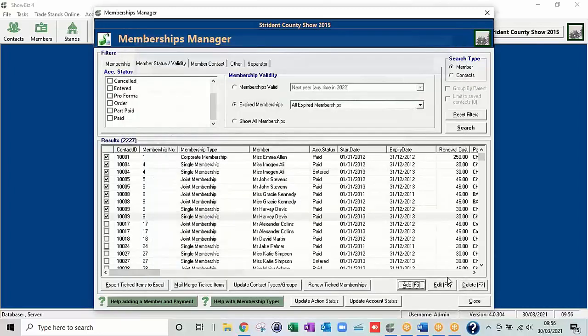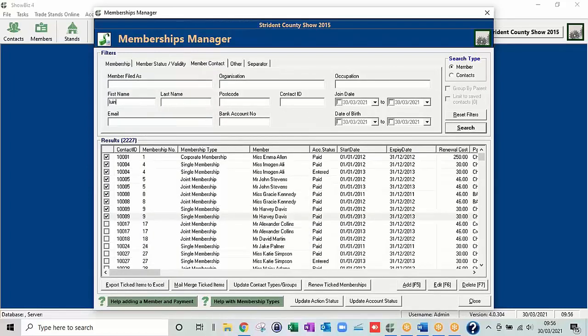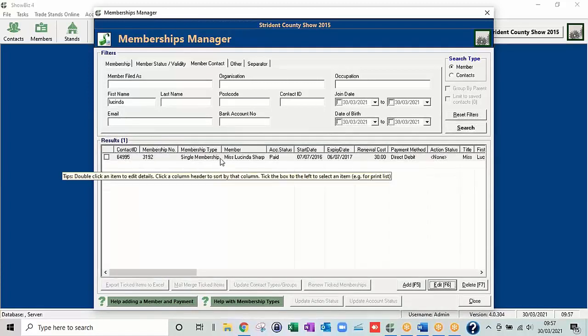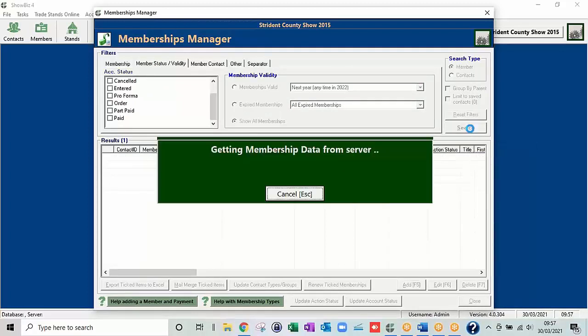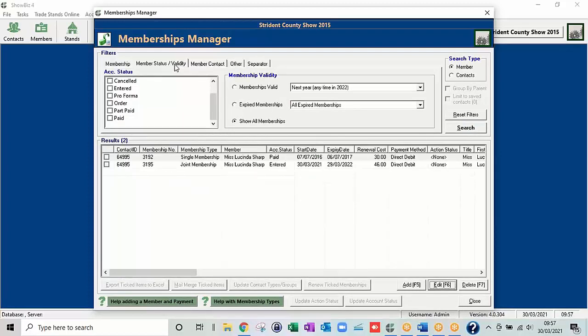That will then be in the system, and we can go back. Actually, we can go back and have a look. So we can then search for it within here. See, because I had already had the expired memberships, that's why it didn't come up originally, but now you can